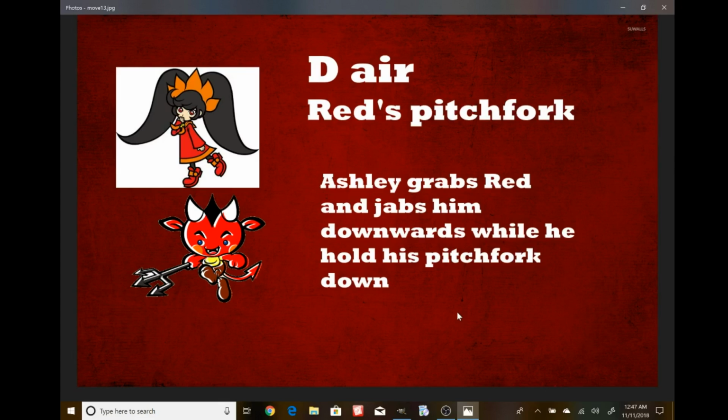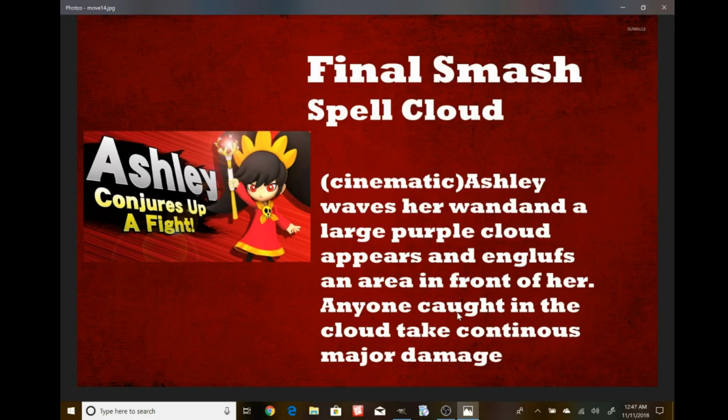But there we go. That's pretty much all the moves except for the final smash, and I'm calling this one Spell Cloud. I think this one works. Again, got to go with a little cinematic cutscene here. So how does it work? Again, cinematic. Ashley would wave her wand, and a large purple dark cloud of magic would appear